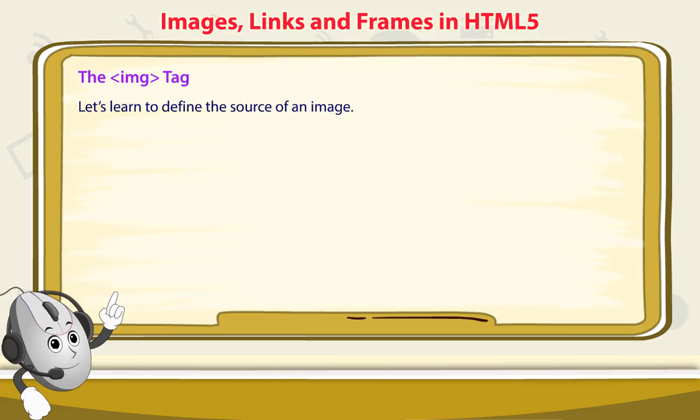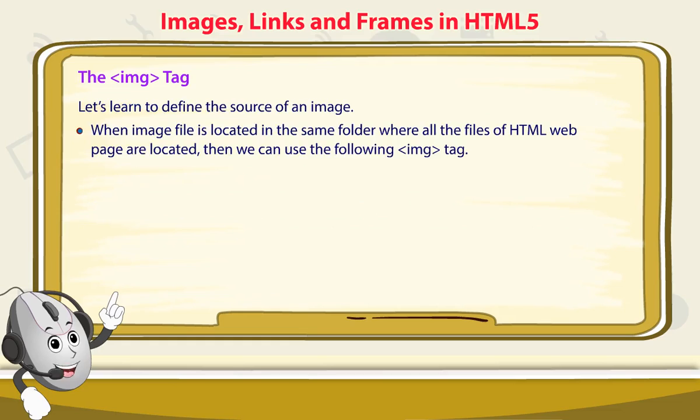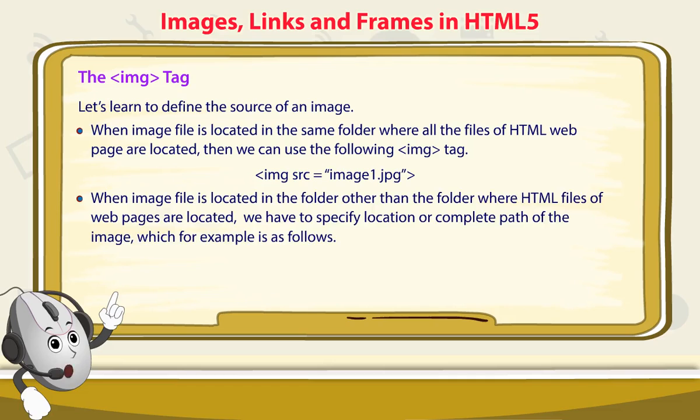Let's learn to define the source of an image. When the image file is located in the same folder where all the files of the HTML web page are located, then we can use the following IMG tag: IMG src equal to image1.jpg. When the image file is located in a folder other than the folder where HTML files or web pages are located, we have to specify the location or complete path of the image, which for example is as follows: IMG src equals to